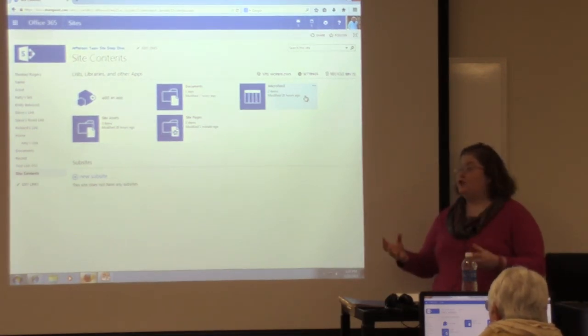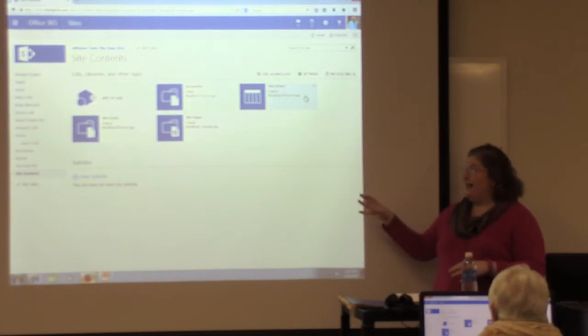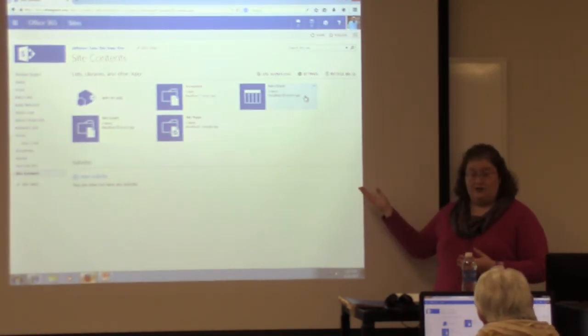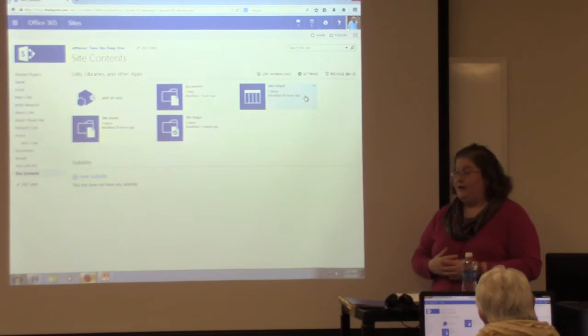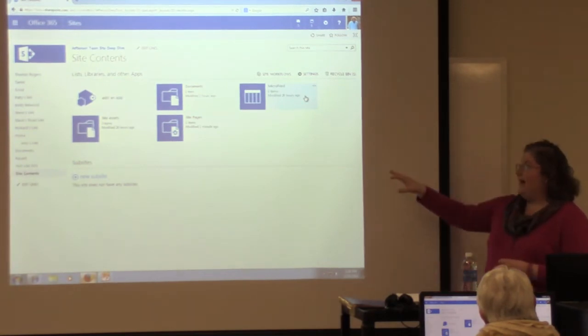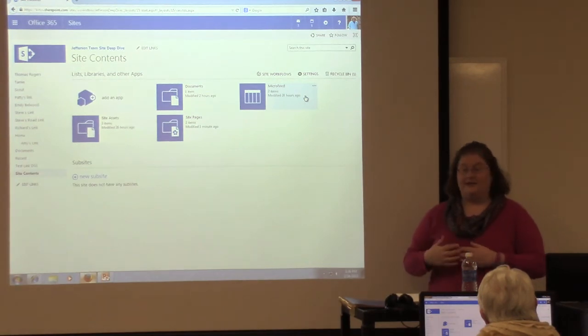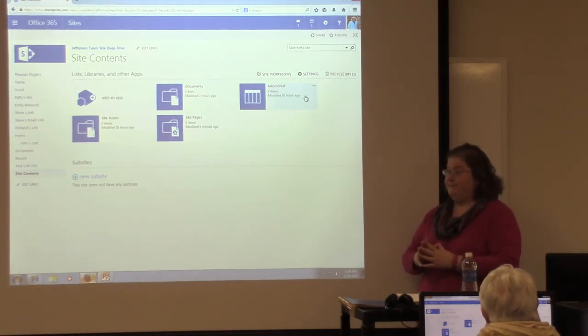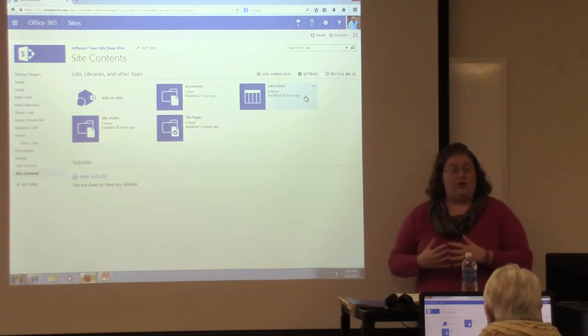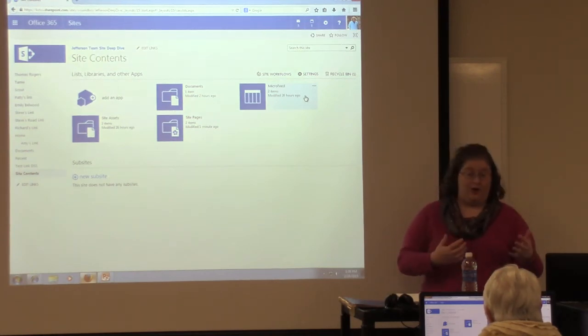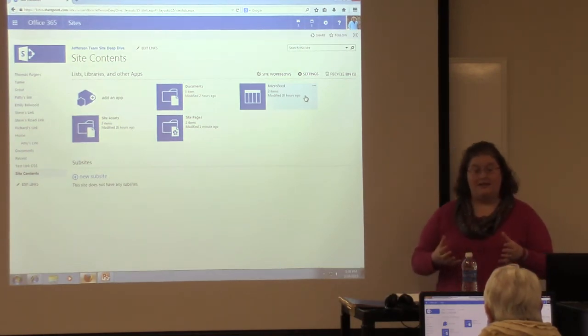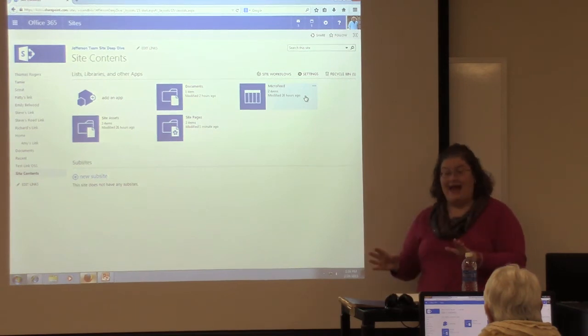So you can build additional pages on your site and create links to those in that left navigation if you needed to as a team owner. So the Site Pages library is where you can build out additional pages that live within your team site. And why would you want to do that? If you want to build, for instance, different views of your documents and have a page that contains maybe a specialized view for